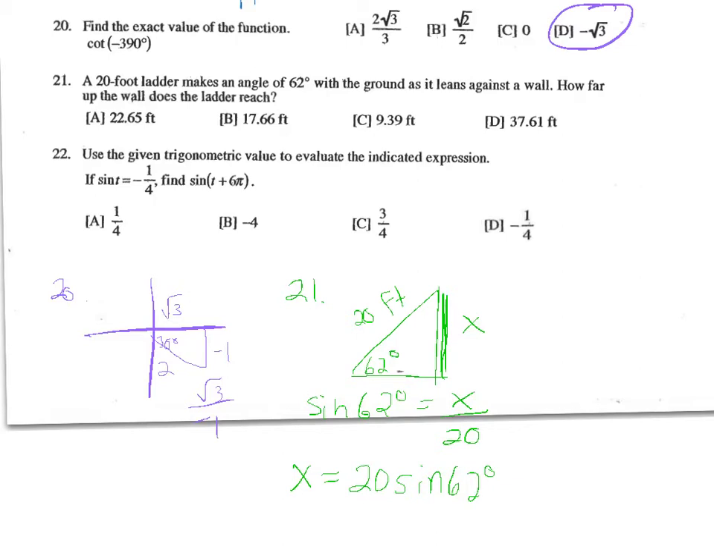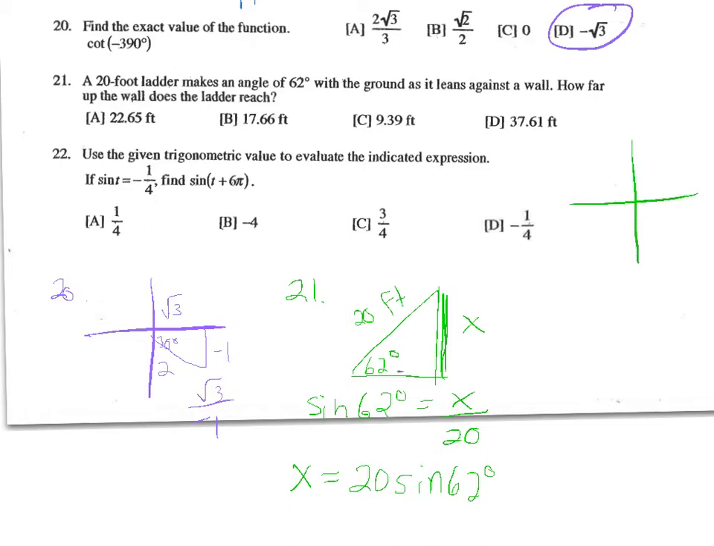For the last one on this page, use the given trig value to evaluate the indicated expression. If sine t equals negative 1/4, find sine of t plus 6 pi. So if we think about what t plus 6 pi is,